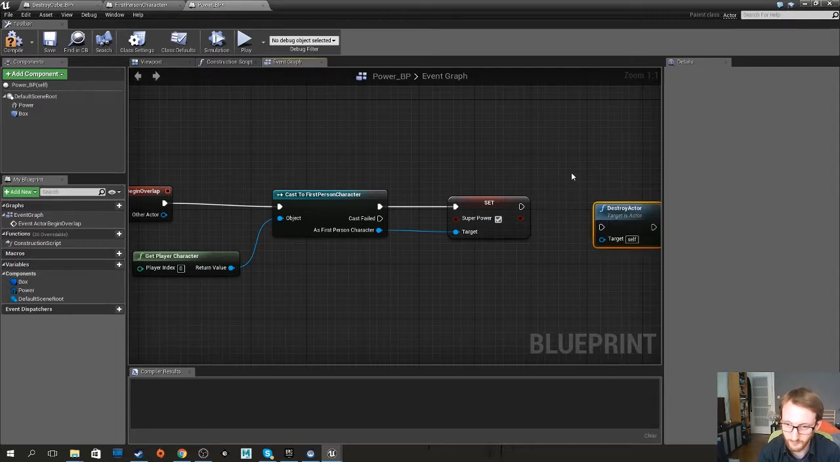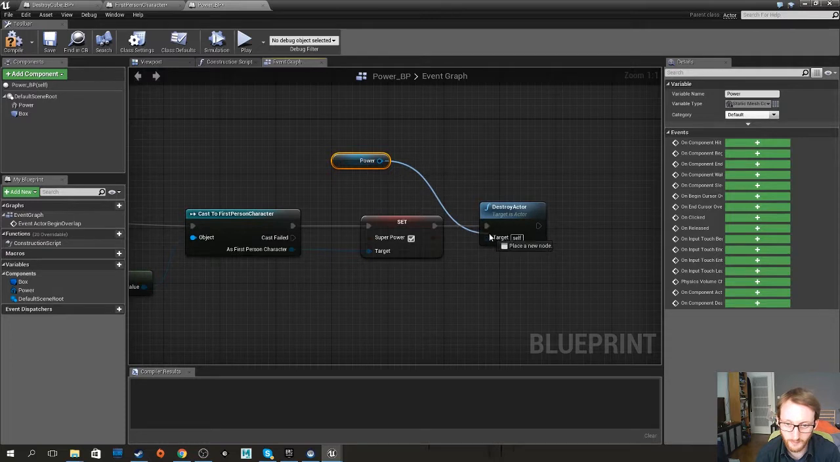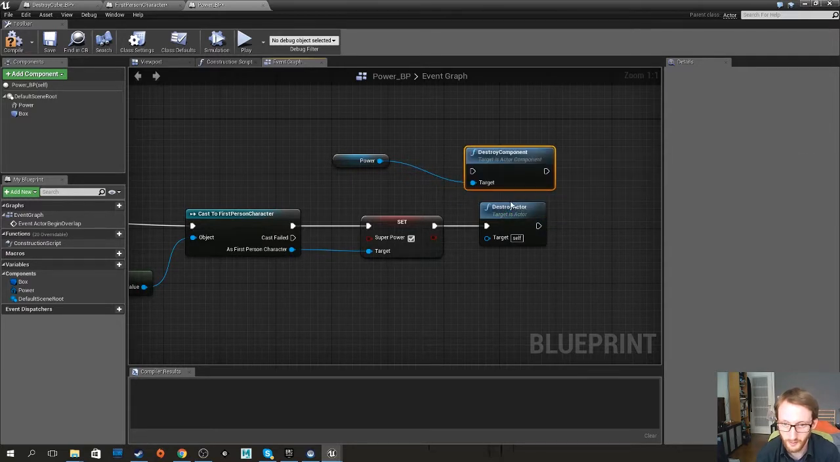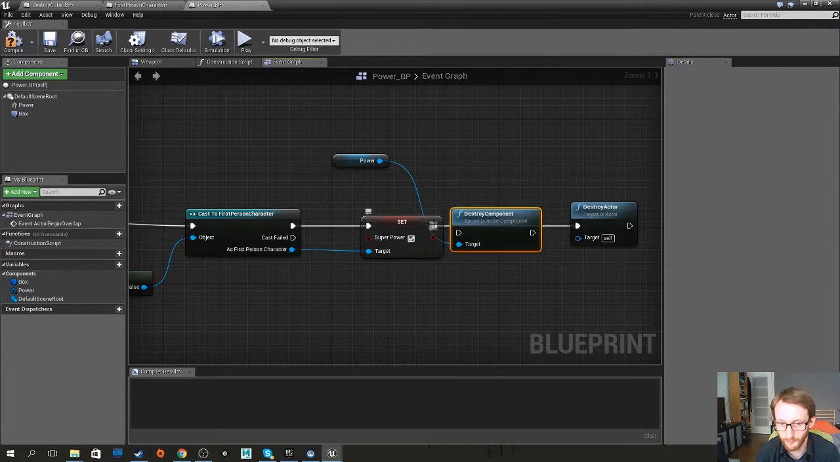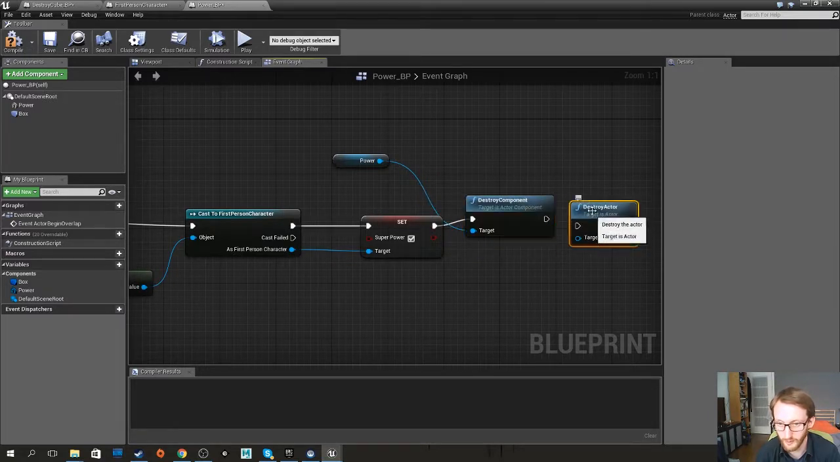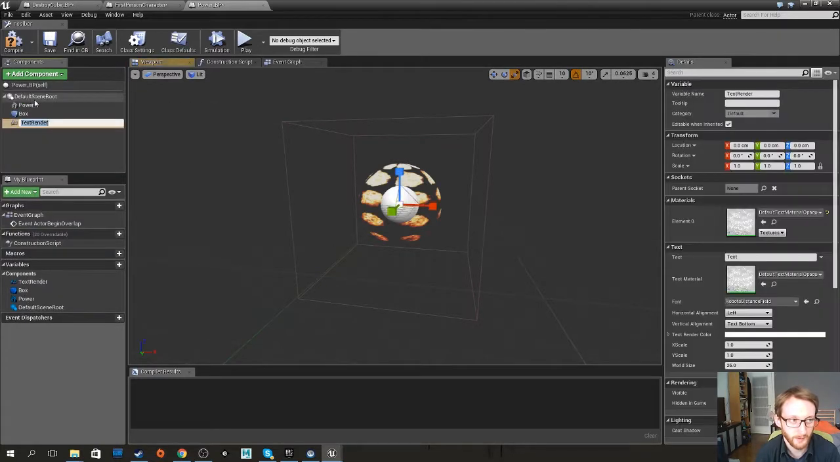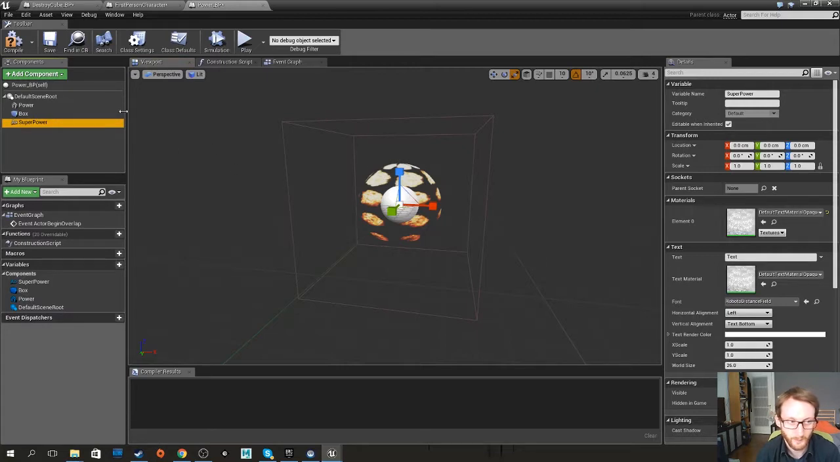Destroy actor. And it's self. So it's destroying the whole actor. Or, for example, if we wanted, because this is destroy actor, you can also go destroy component. Because maybe we just want to destroy the little power-up, but not the actor itself. Because maybe we have a text below it saying superpower,